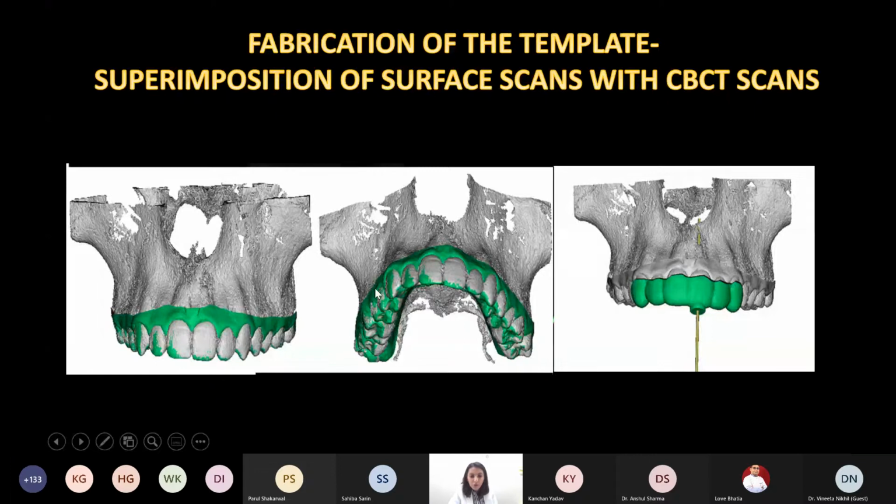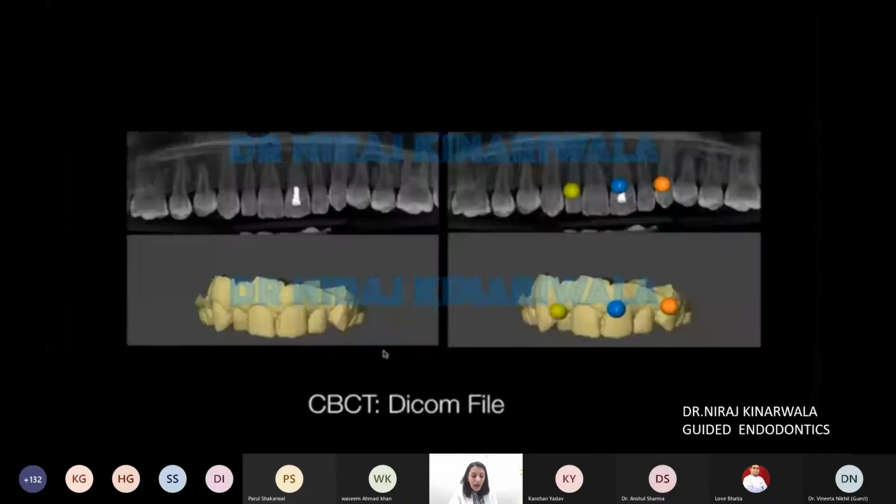Okay, so it says that superimposition has to be very accurate. The STL file and the DICOM file both have to superimpose accurately with each other. After we superimpose, we get this kind of a template. So there have been a lot of questions on how to accurately superimpose the intraoral scan with the CBCT. The answer for this is